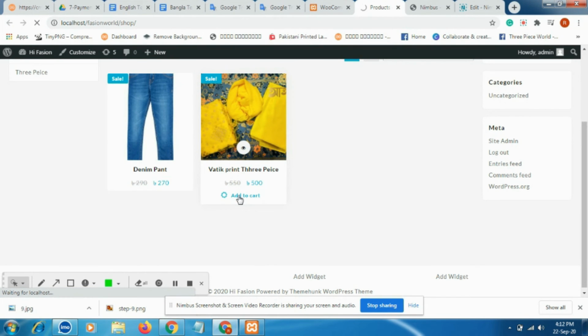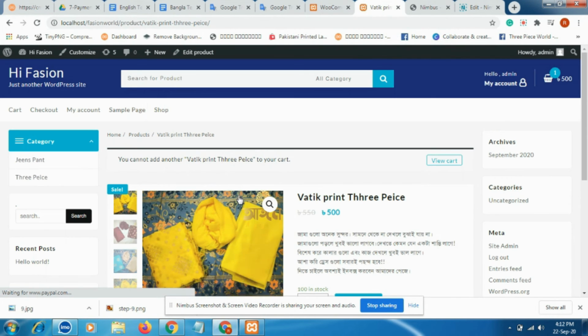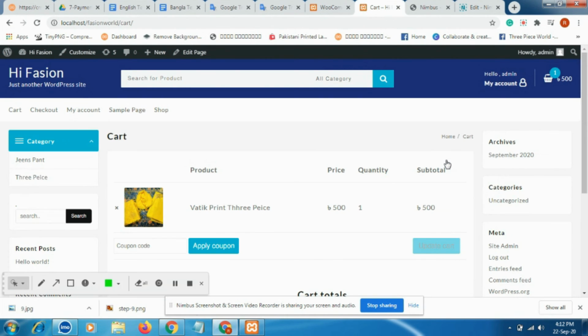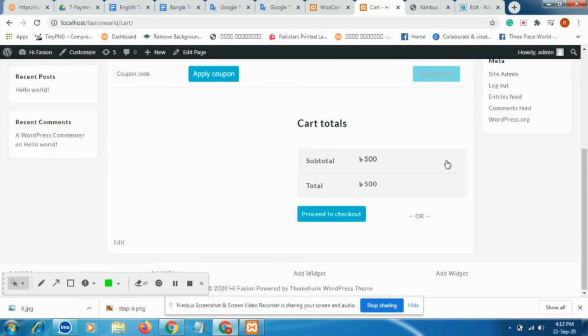And then click on view cart. Just click on place order.